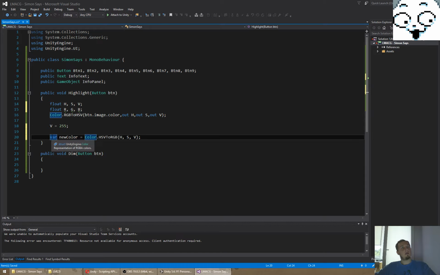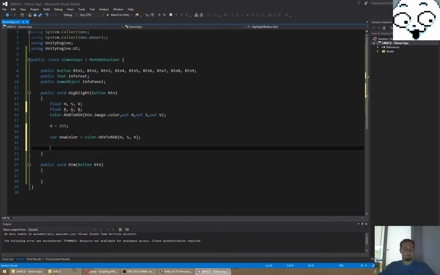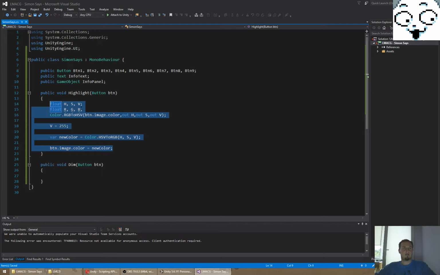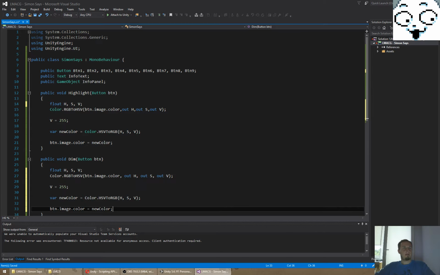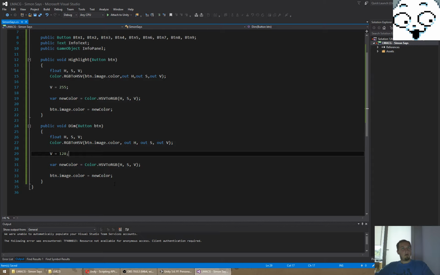And now button.image.color equals new color. And I will call this method when I click the button. And I will call dim, which will do just the same thing. I will just delete this. This isn't needed. But 128. Okay, now